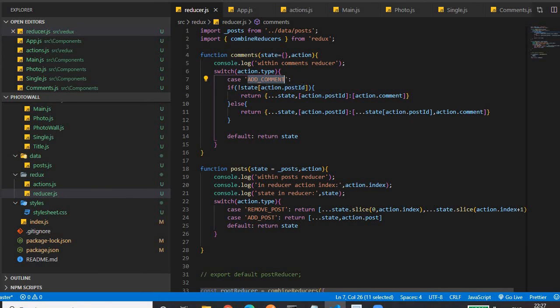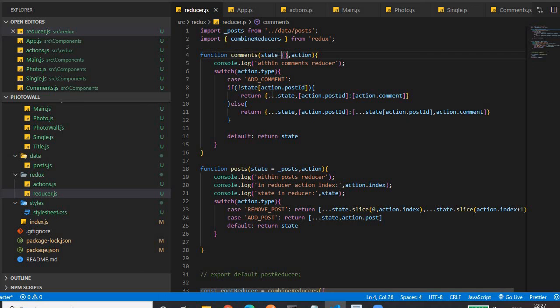Then we are doing some if-else statements for manipulating the state, we will go to that also. Here the state is an object, and this object has a property of image ID or post ID and the value is a comment array.